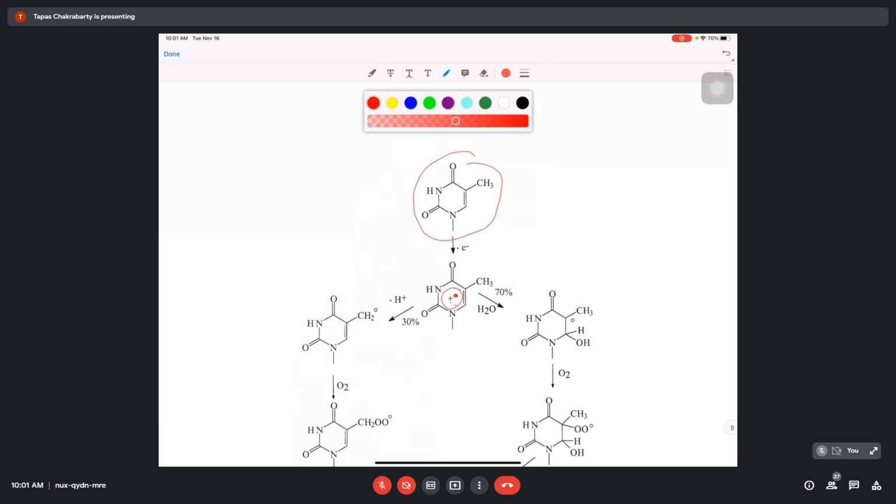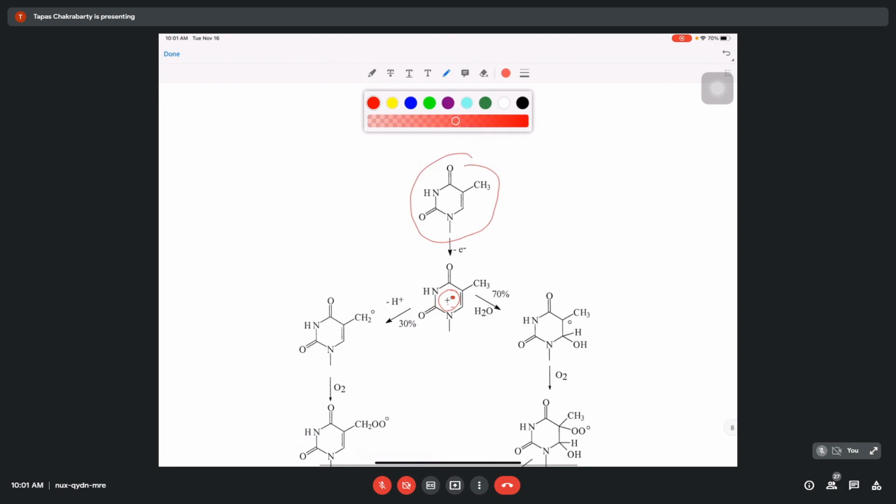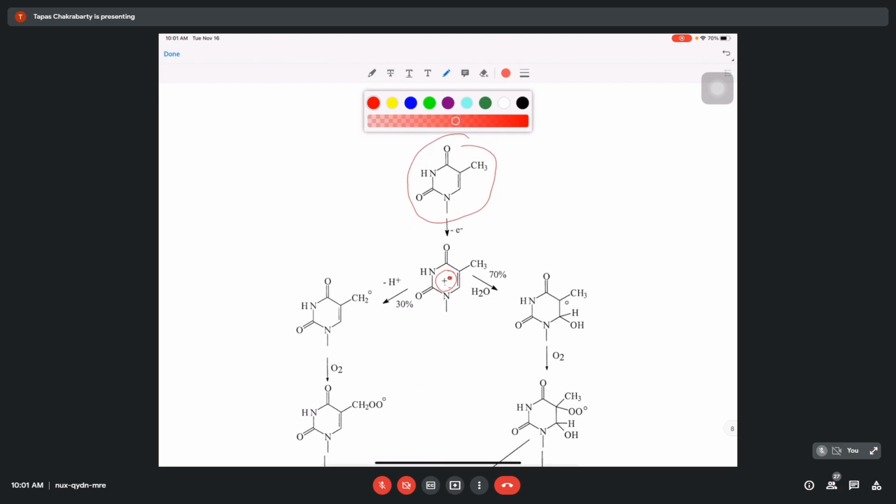One of this series of reactions is called oxidation reactions. What is an oxidation reaction? Once a radical is present, if you take an oxygen molecule, as you learned in basic chemistry class, it is basically a bi-radical type of molecule. What is a bi-radical type of molecule? In this molecule you have one radical here, and one radical of the oxygen molecule can easily form a chemical bond.